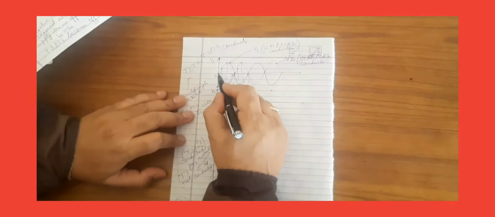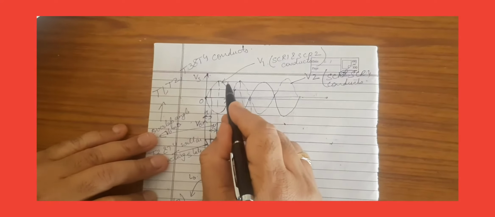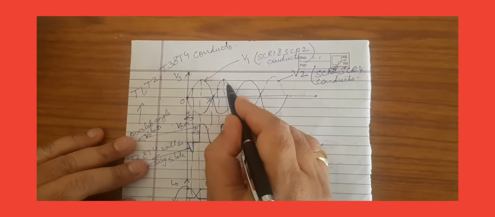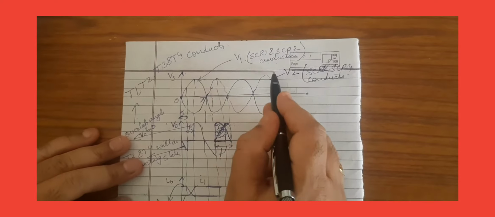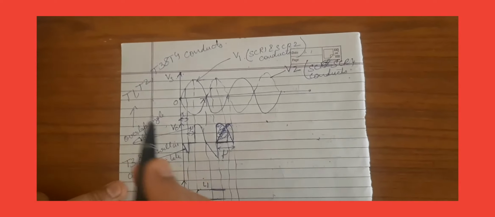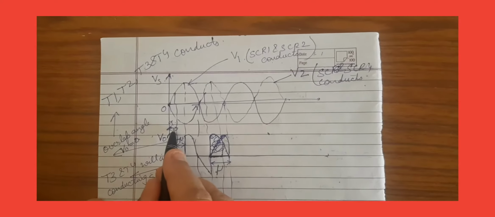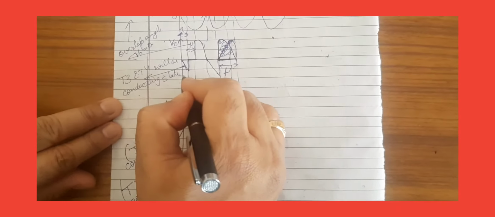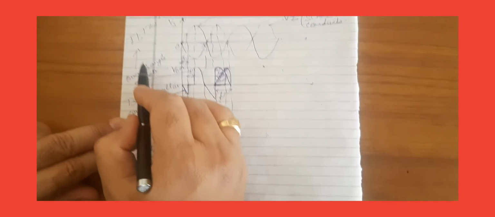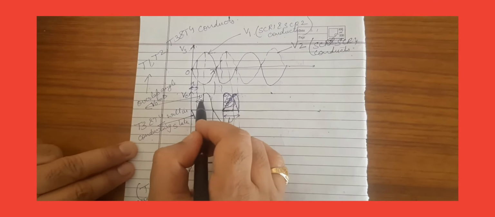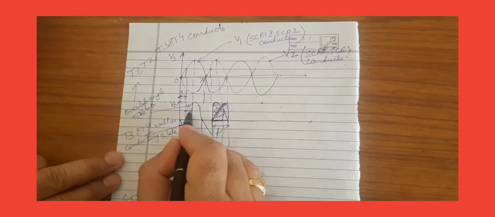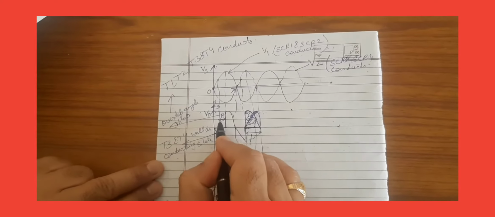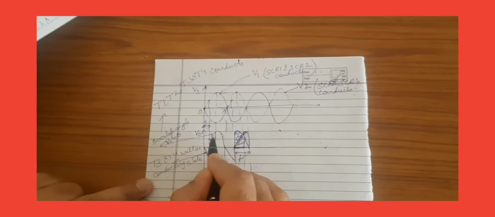Now we will see, this is for the positive half cycle, that is SCR1 and SCR2 will conduct, and the dotted line is for SCR3 and SCR4, which will conduct. Now we will see that before the firing angle is given, T3 and T4 are in the conducting state, and T1 and T2 are not conducting. After a time period of mu, the overlap angle, T1, T2 and T3, T4 will conduct.